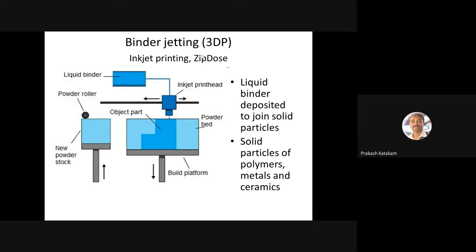Then the solidified material will slowly come down, and new powder material will be spread onto the previous material. Then again ink is sprayed. This cycle is repeated until we get the desired thickness of the tablet, for example 0.5 centimeter. So now the tablet size is 1 centimeter diameter and 0.5 centimeter thickness. They keep on printing layer by layer until it ultimately gives the shape of a tablet.